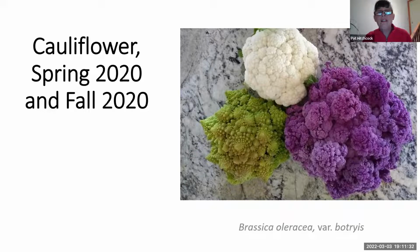Now the three kinds, I don't have seed packets for these three types of cauliflower because the seed packets didn't have pictures on them, but you can see there are three colors. We chose a standard white cauliflower called Amazing. We chose that beautiful pinky purple one called Graffiti. It is a hybrid for sure. And the green one with the interesting spirals is a kind of broccoli or kind of cauliflower called Romanesco, and